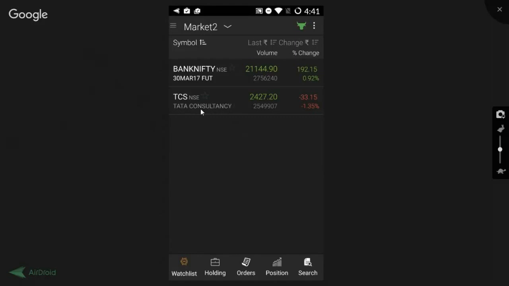Again, TCS is added by default when you create a Market Watch. As you can see, the symbol name is given, their particular expiry is given, the type of stock is given, the last traded price is given, the volume is given, and also the percentage wise change and price wise change is given.